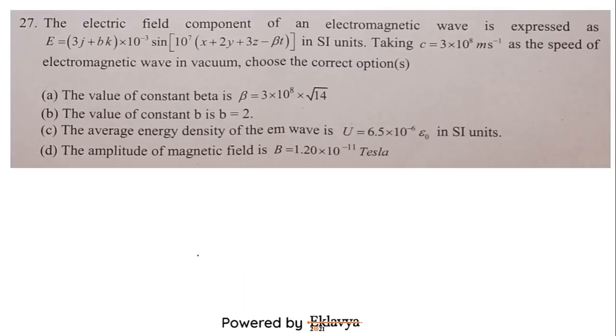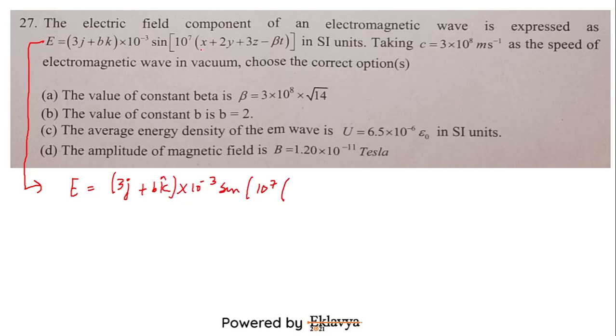Okay, so we are now going to discuss question number 25, and in this question the equation of an electromagnetic wave is given to us. So step one that we should do, we should modify this equation to suit our needs. So 3j cap plus bk cap, this into 10 raised to power minus 3 into sine of 10 raised to power 7, and then this thing. Now here what I'm getting is that in this coordinate system the wave is propagating in x direction also, y direction also, and z direction also. So we should try to write this in a format where we can depict the direction